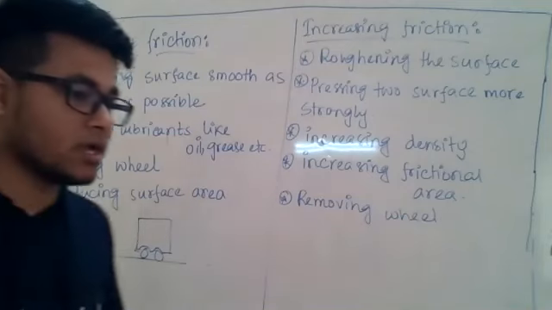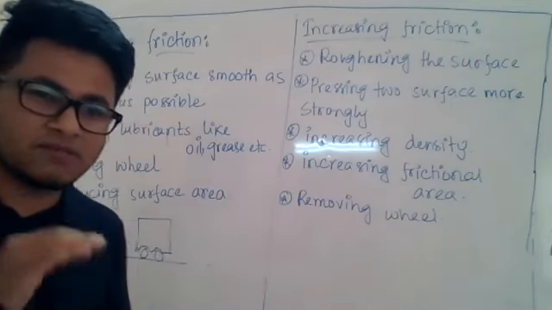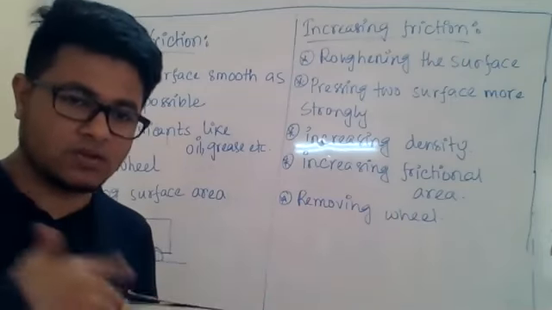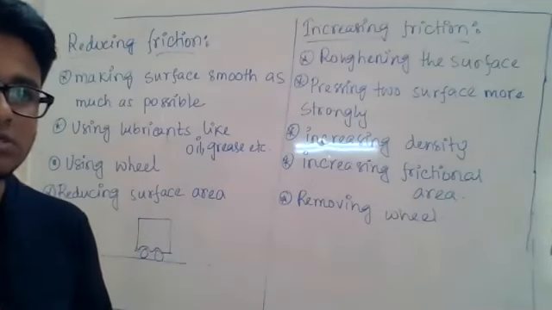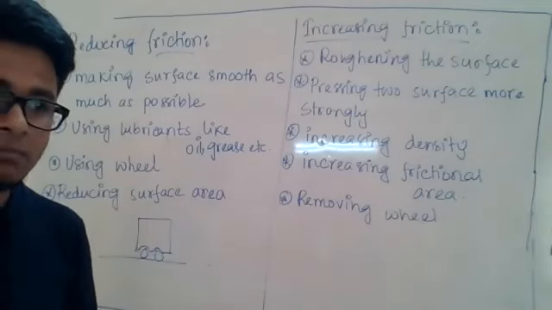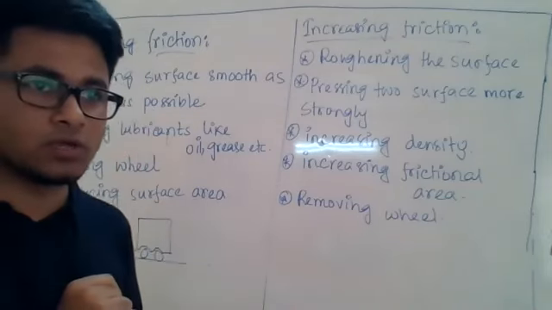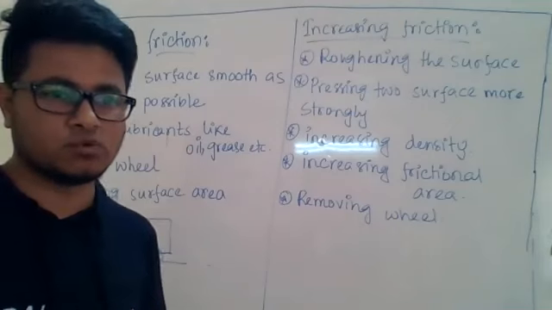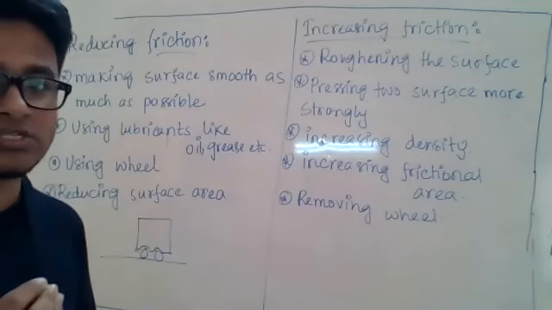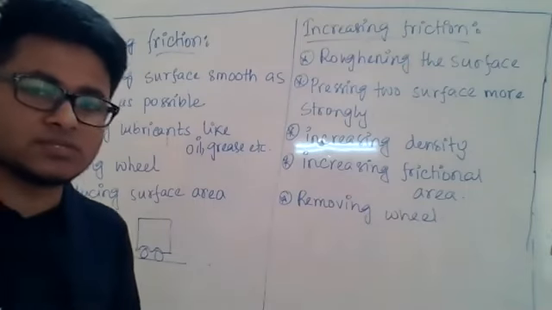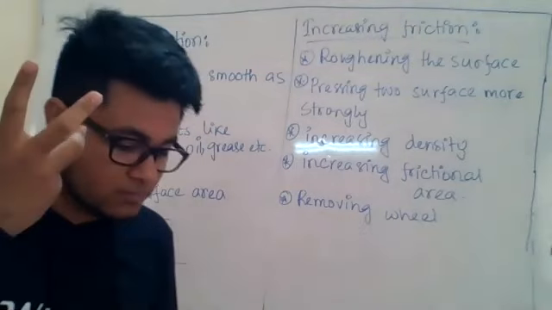Now let us say you have a box. You have a box on the floor. If the floor is very smooth, then what will happen? You can easily push the box forward, right? Without causing too much friction. But what if the floor is very rough, like the road? It will be very hard to pull or push any box on the road because the surface is rough and there is more friction. So if the surface is smooth, then what will happen? This one can be explained by